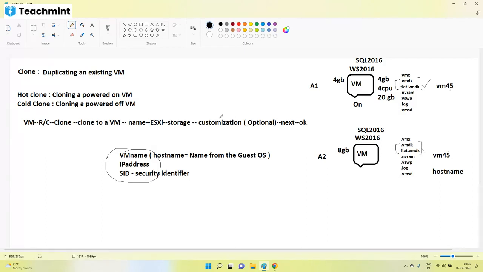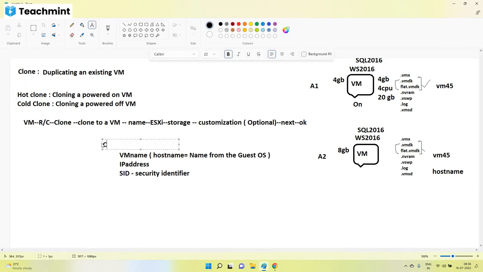In fact, here it is possible. This is called customization. During customization, you can change them. Or if you know how to change them separately, you can skip it here and do it later. Later means immediately during the next power on, you have to fix it. You should not power on and leave both VMs as they are. Right? So changing of these three values is called customization, and customization is mandatory